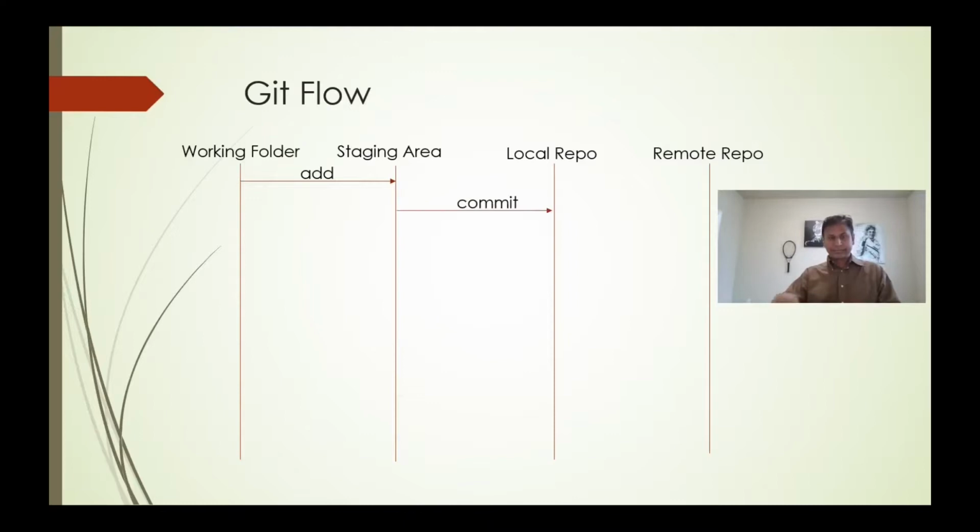Then based on that index, you say git commit -m, and in double quotes you give the comment, exactly what you have done in this file check-in. If you say commit, all the files will be pushed to the local repo. Actually, I should not use the word push, because push is one of the keywords in Git. So all the files are moved to the local repo on commit. Then from there, if we say push, it will be pushed to the remote repository.